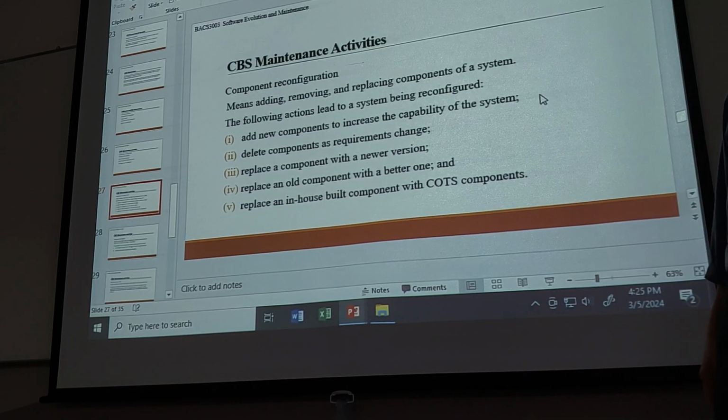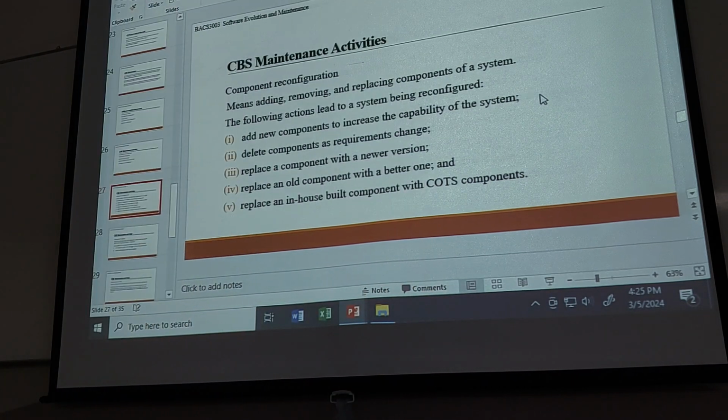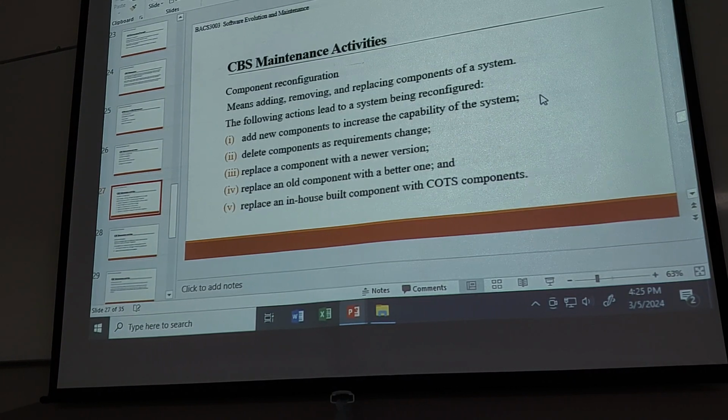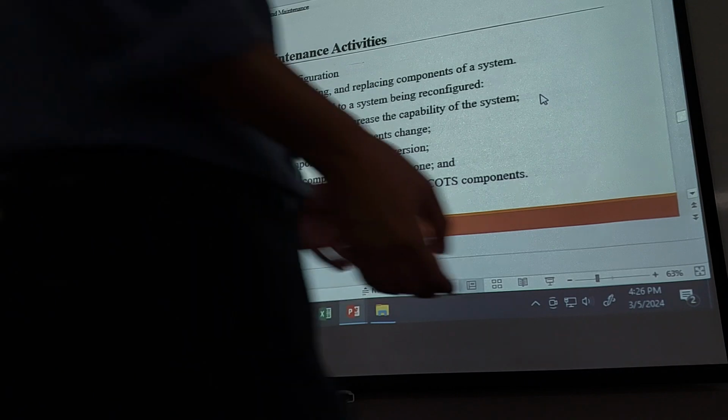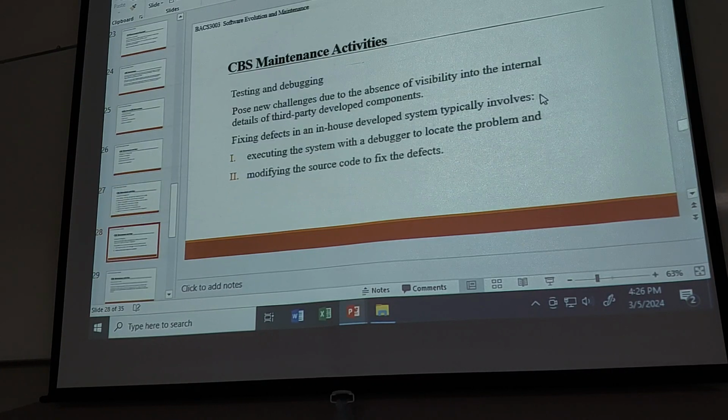Now class, bear in mind, in a component-based system, not necessarily all the components are bought from a supplier. Some components maybe are built by yourself, understand? Bear in mind. So this is one of the activities, the reconfiguration of CBS. Another activity,